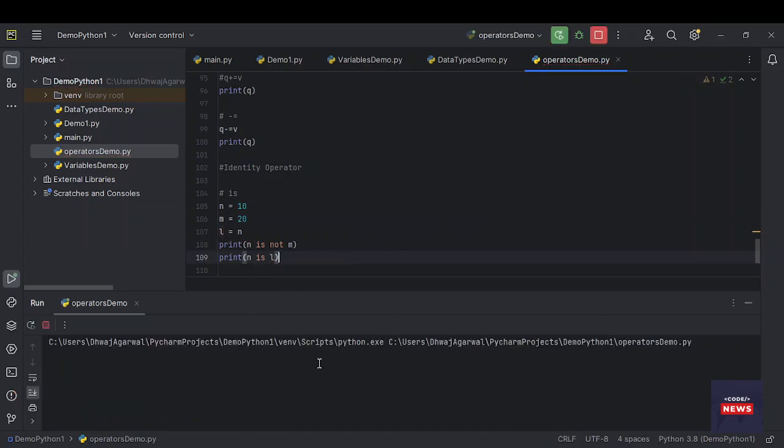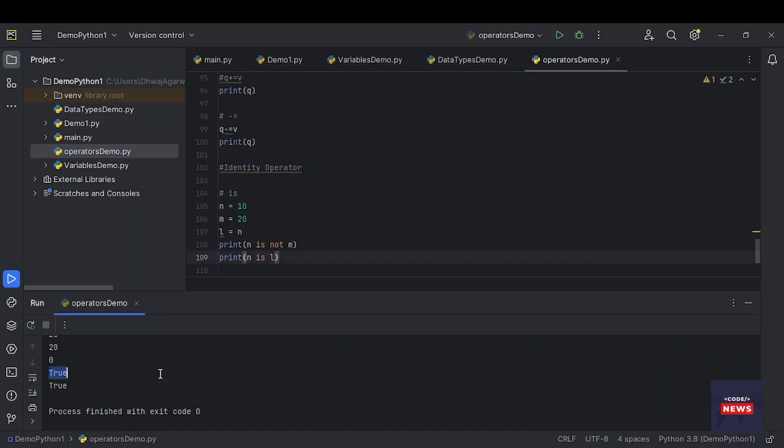Let's run the program. You can see both are true, because n and m, both variables, have the same value and the same location of memory, so true is printed. And we are checking here n is L, so 10 and 10, it is true, it is the same value, so that condition is true. Okay,